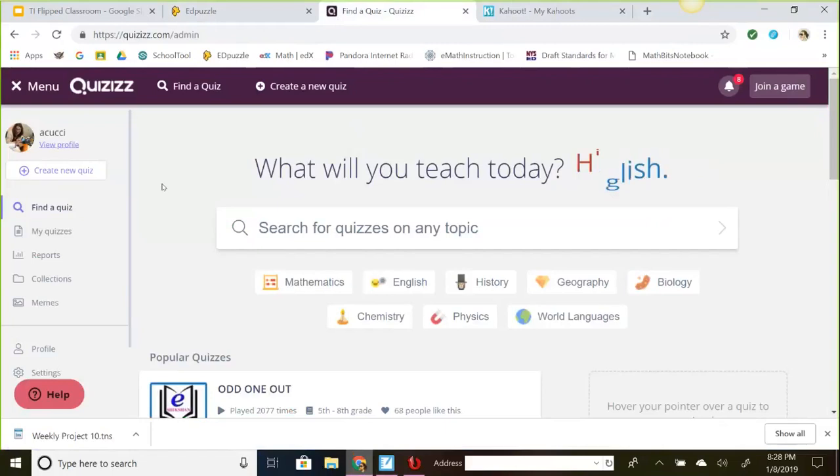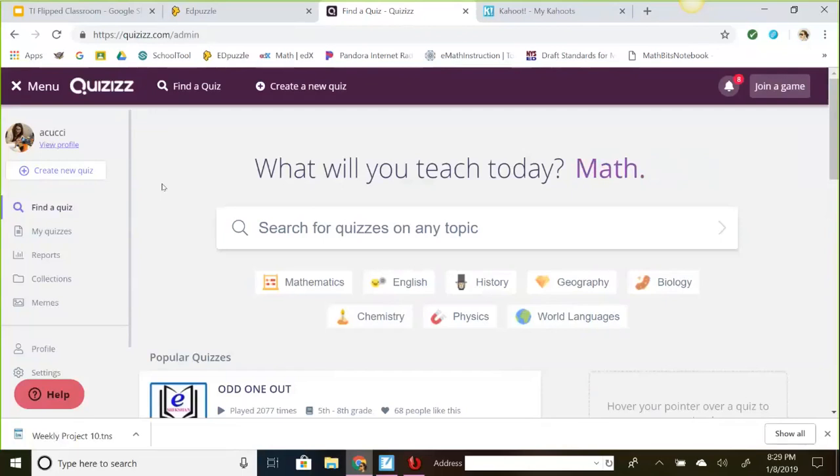Cucci, can I have more practice on... Believe it or not, they actually do say that. They can go right to this site and search any topic, and it'll populate a whole bunch of different quiz activities for them to try. With every question, they get instant feedback on whether they're getting it right or wrong, and then they can review what they've done at the end. This is without having to log in or have an account. It's completely free, and they can use it on their own.